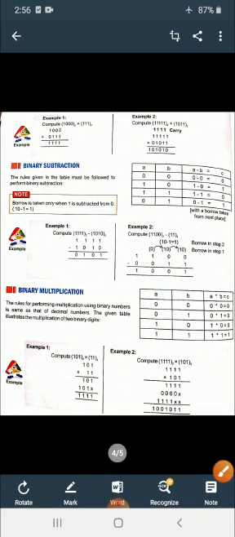Okay. Next is binary division. The method to perform division of two binary numbers is the same as that of decimal numbers. Let us see the examples. Here let us see example 1. 110 is being divided by 10 here. So 10 ones are 10, I have written. 1 is left out here. When you subtract 11 minus 10, 1 is left out, and 0 I brought down here. So it became 10, and 10 ones are 10, and I got 0. This is how you are going to perform binary division.